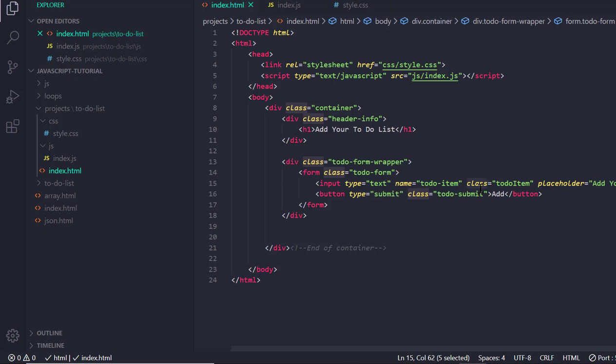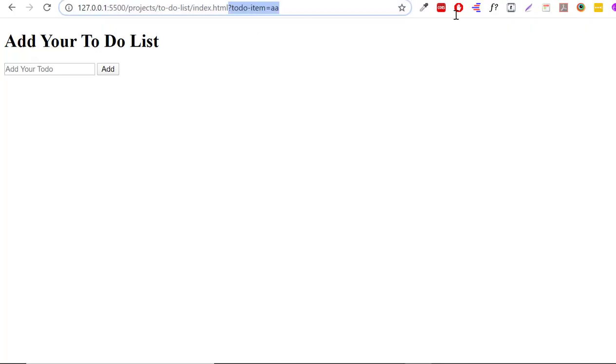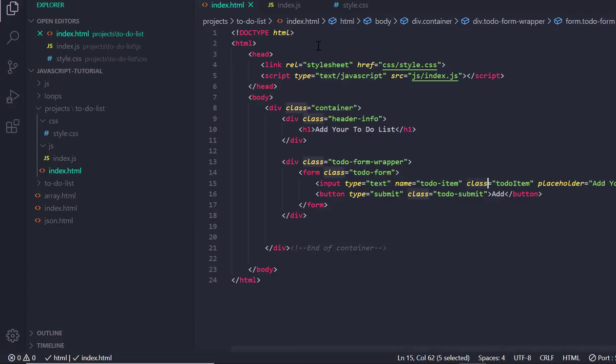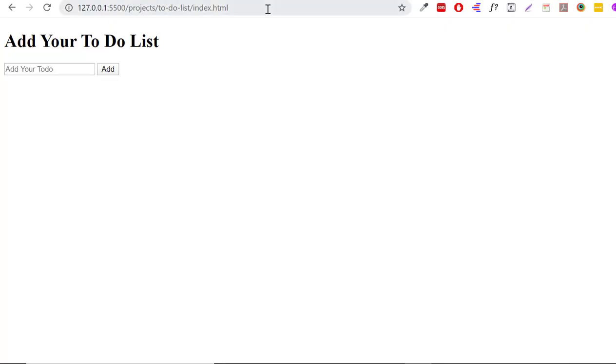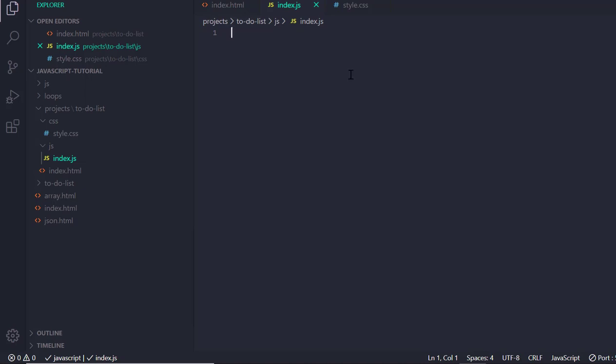Let's just focus on the class as well, so the things will not be complicated. So in index.js, at first we need to stop reloading the page whenever I click the add button, you can say the submit button. So what I need to do,